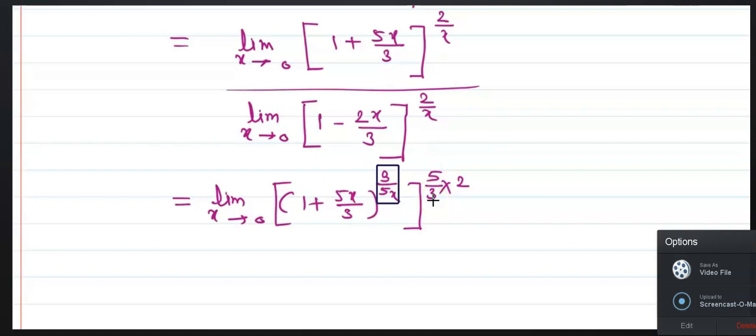Again, one thing is remaining, which is the 2 here. Now, to balance these, we will write it like this, it is written as 2. Therefore, the value of this limit is 1, then e, the value of this limit is e, and e raised to 10 upon 3 for the numerator. In the same way, for the denominator also,